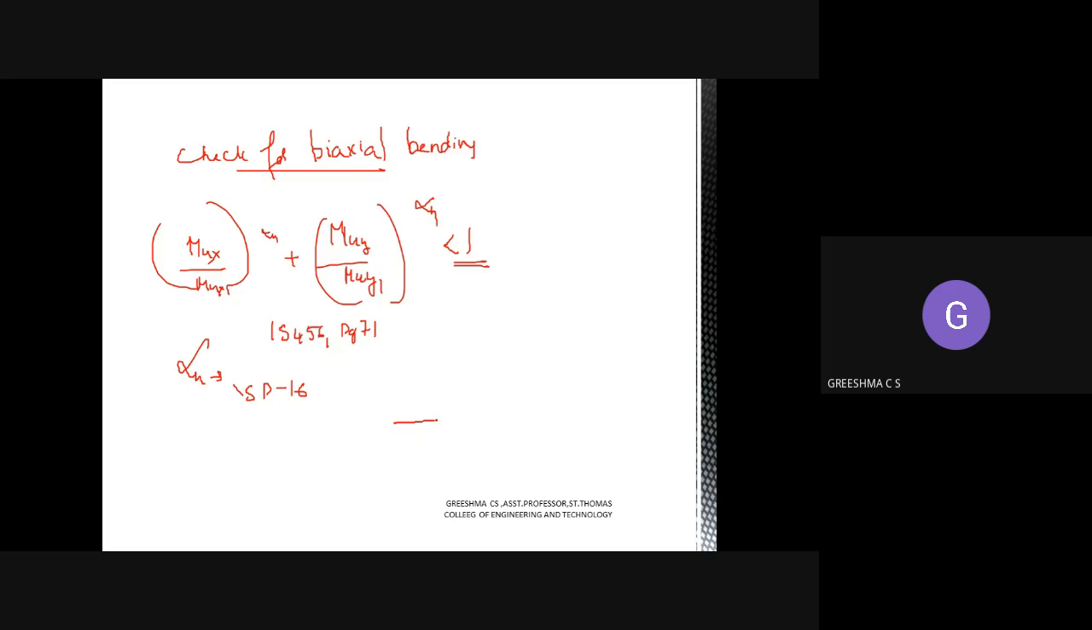Okay, so the alpha n value depends upon the PU divided by PUZ ratio. How much is it? If PU divided by PUZ value is 0.2, the value